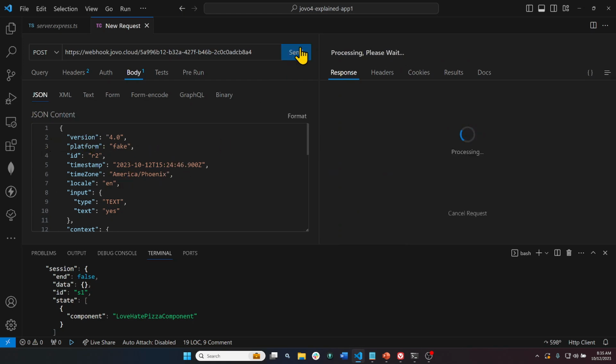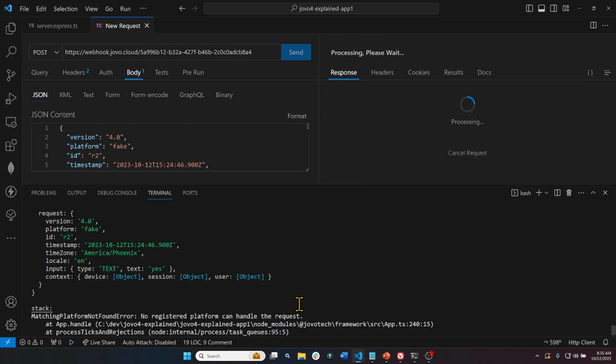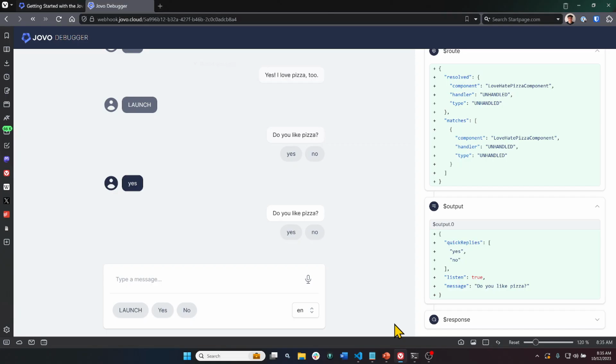So what's going to happen is now we're going to get this wheel turning. If we wait here long enough, then we'll get this error that says matching platform, no registered platform can handle the request. And if we go back here to the debugger,